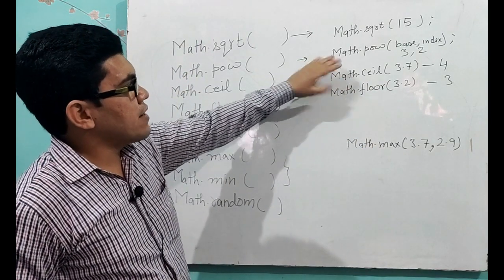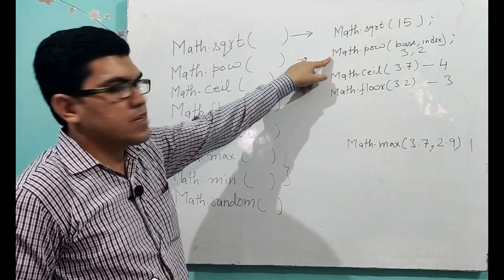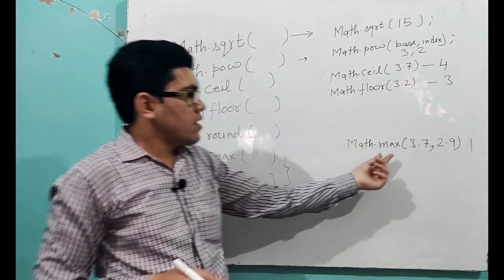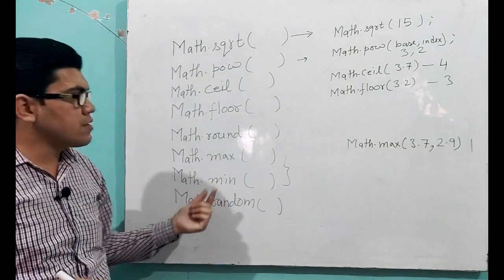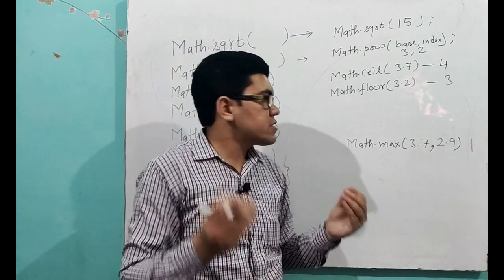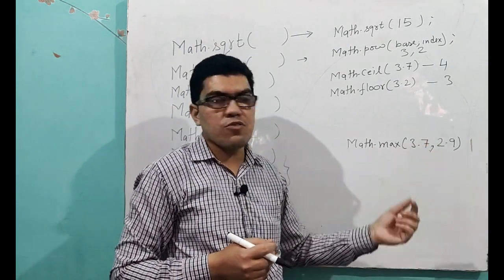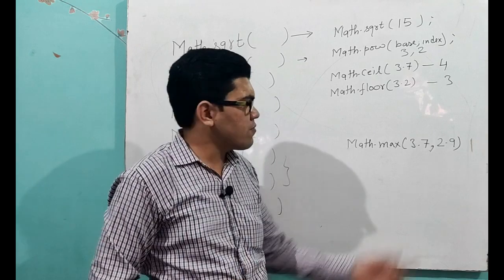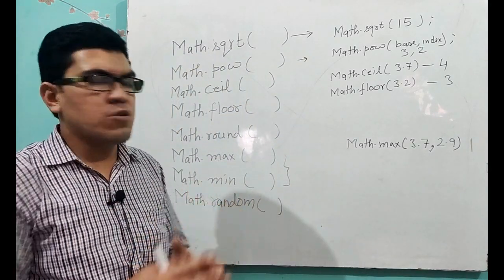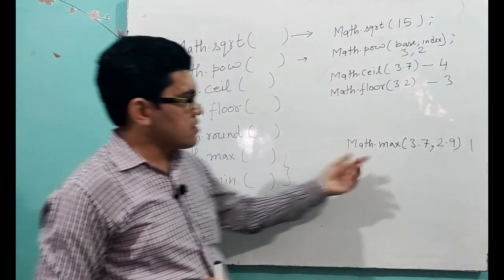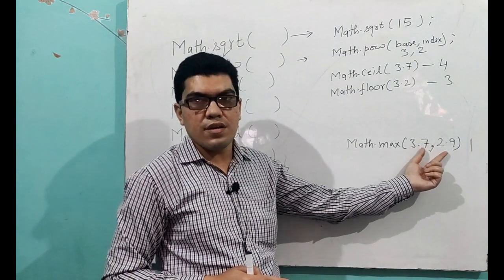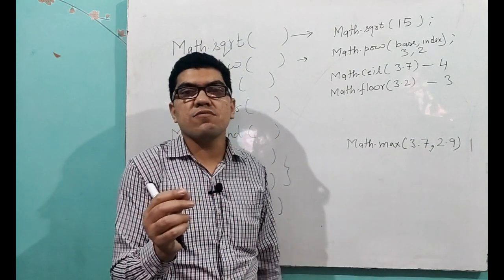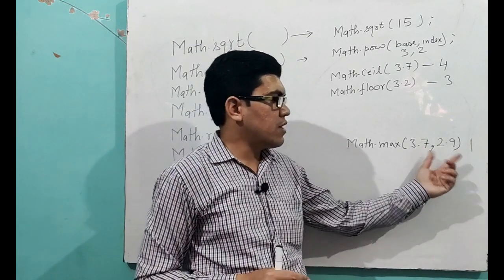Here you have to keep in mind that the return type of the pow function is double. For round it is integer, and for max and min, the return type is the same as the type of the argument. If you are passing a double type argument, it will return a double type value. Otherwise, int, float, whatever type of argument you pass, the same kind of value it will return. So in this case, it returns the maximum of these two values. Same as, if you use the min function it will return the minimum of these two values.